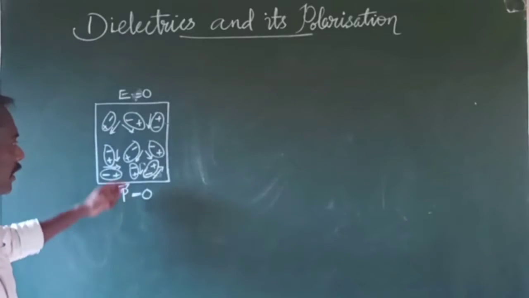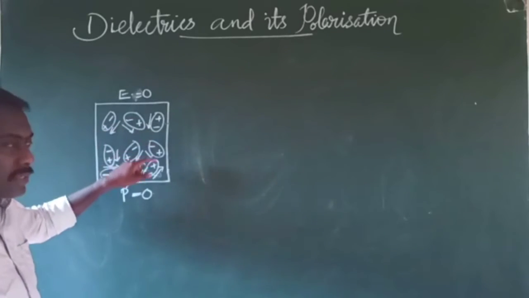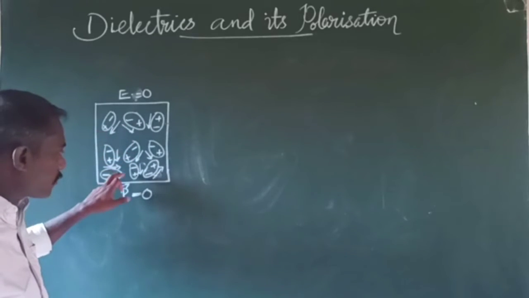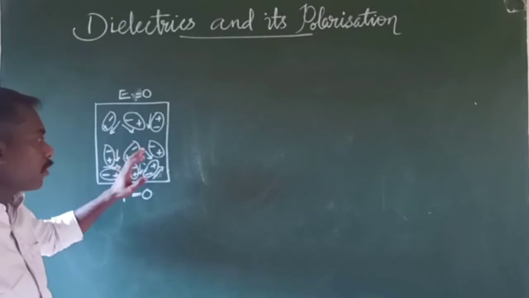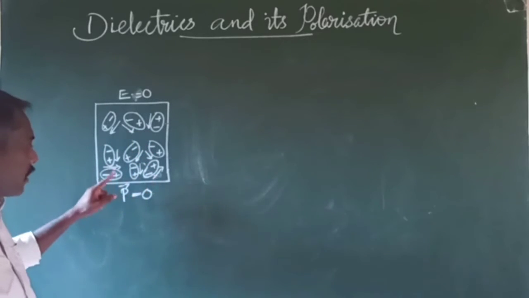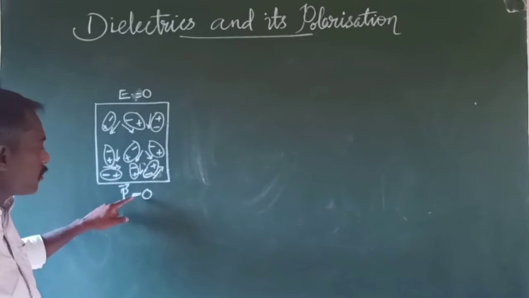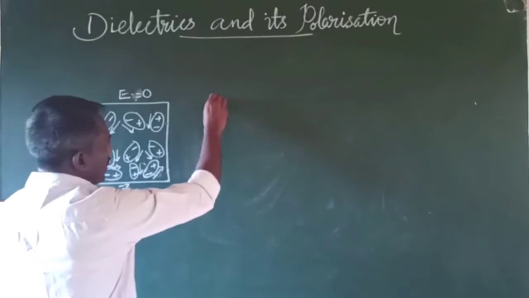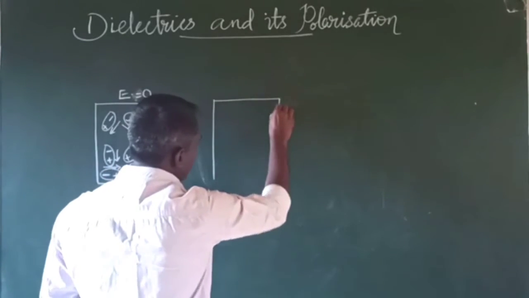Why? Because the individual molecules are randomly distributed over the dielectric. So the electric dipole moments of these individual molecules will cancel each other. So the total or net electric dipole moment of the dielectric will be 0. But when this dielectric is kept in an external electric field,